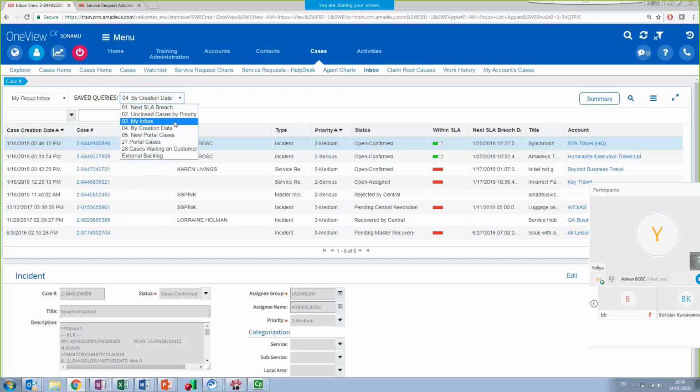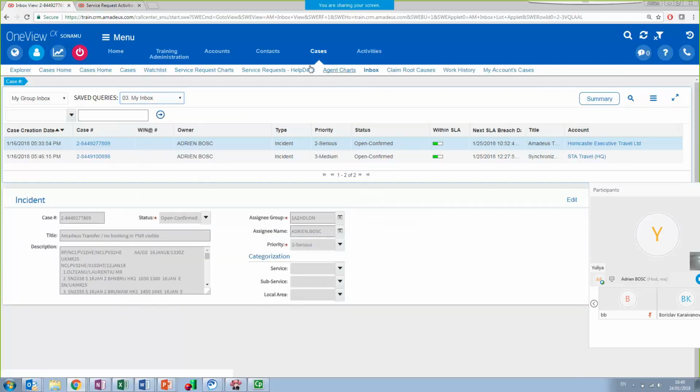The third, My Inbox, is going to filter amongst the cases of My Group Inbox and will put only the ones for which you're the owner of the case. Okay, so it means that you have edited the case and accepted the case, and that the action is really pending on you and not someone else from your help desk group. Feel free to interrupt me if it's not clear at some point, but I think that's pretty straightforward.